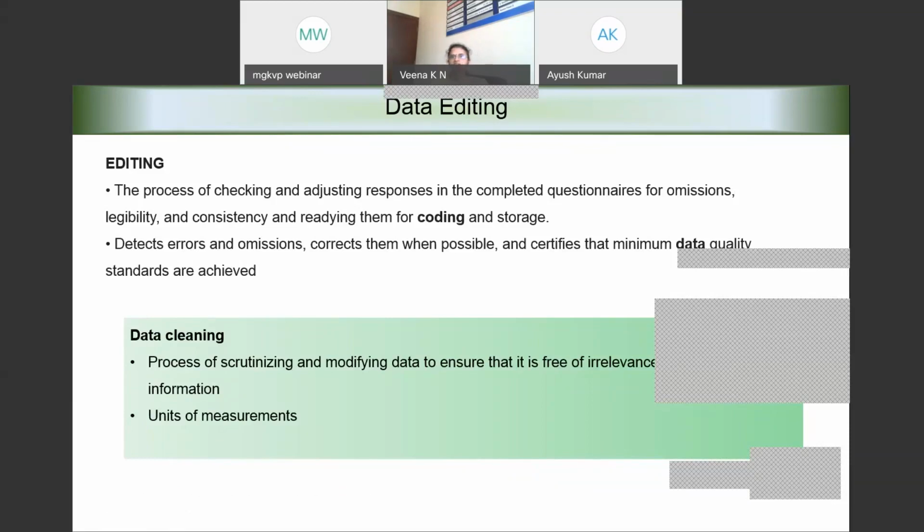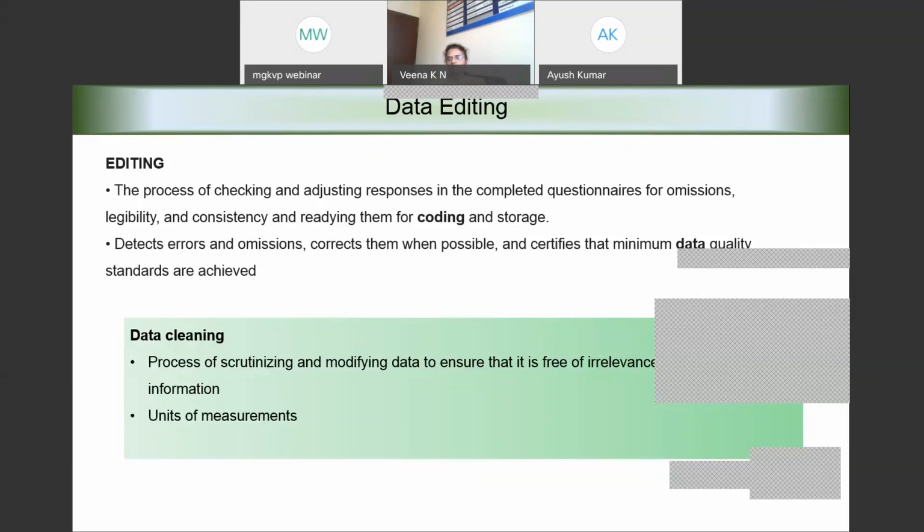Of course, there is always an argument that data editing is like a post-mortem. You have already done the data collection, now you are looking at data editing, and then you may really not end up having the right process for the analysis. But a lot of precautions can be taken while doing the questionnaire design.